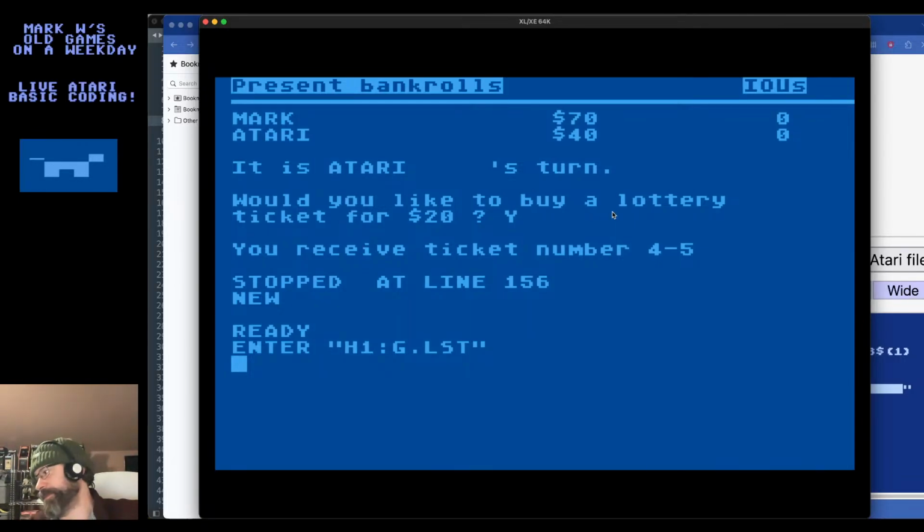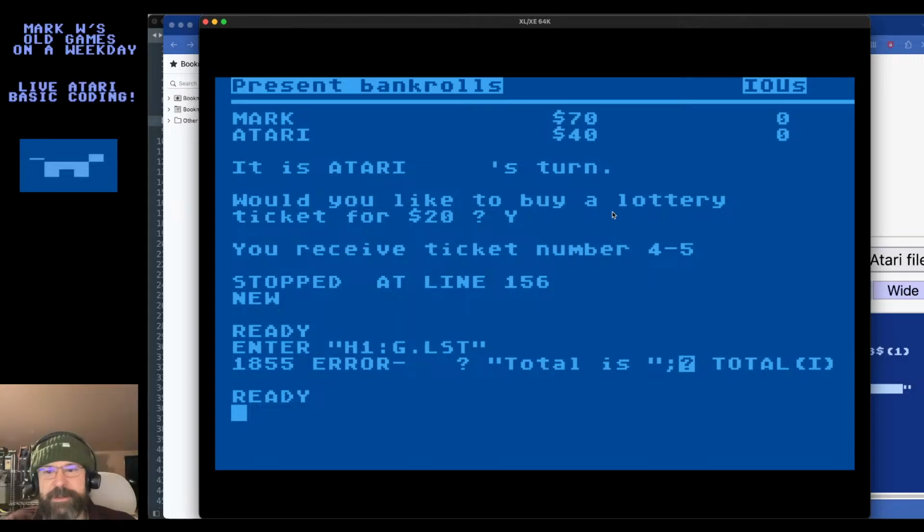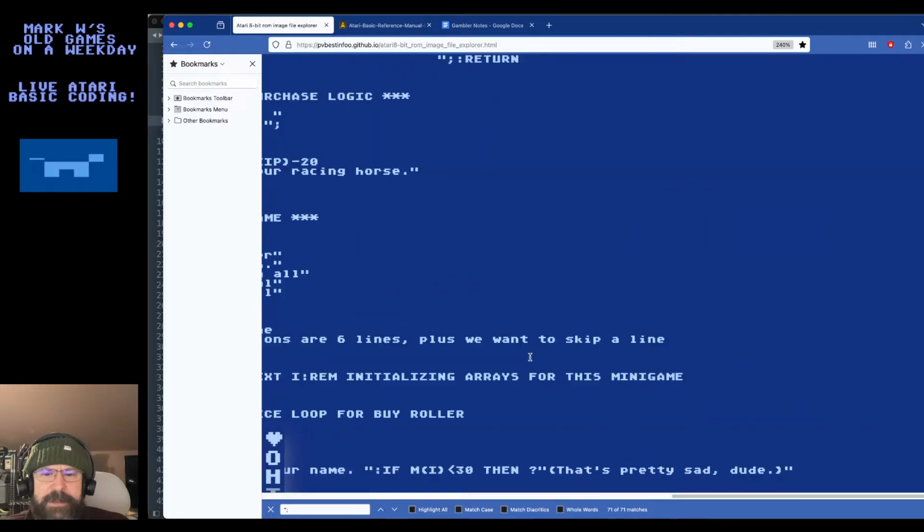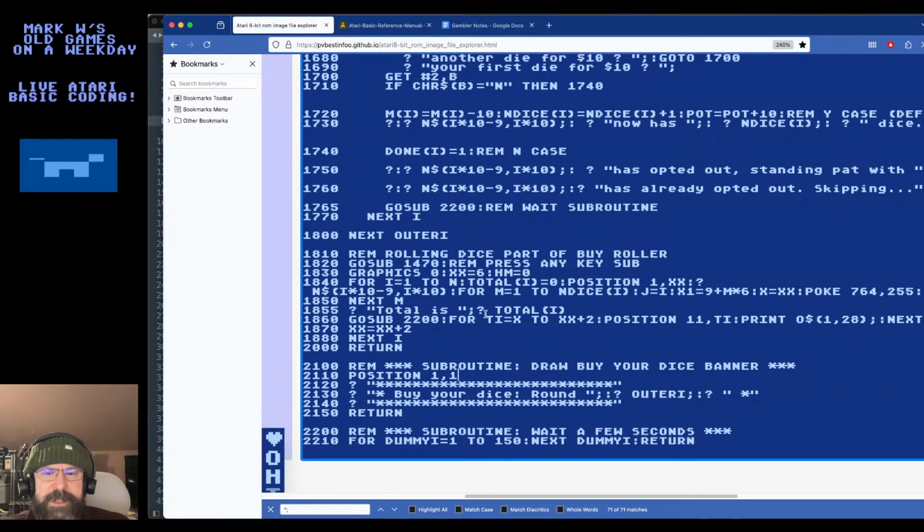And yeah, you know what? Reusable code is what it's all about. It was amazing how magically that was working, and the Atari's automatic rolling was working, and the number of dice rolled, that's all working. Oh, I got an error here. Okay, I forgot the colon to indicate a new statement. So we should put that right here.